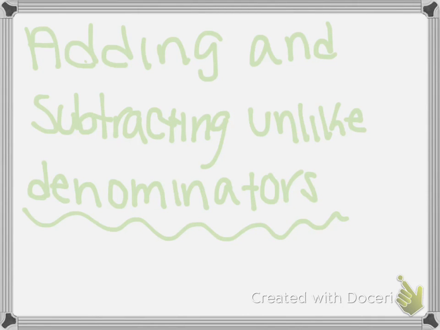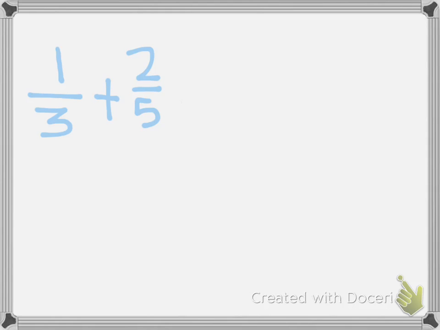Today we're going to learn how to add and subtract fractions with unlike denominators. We're going to start with the equation 1/3 plus 2/5. To add fractions, we have to have the same denominator. These have different denominators, so we're going to list the common multiples of each denominator to see if we can